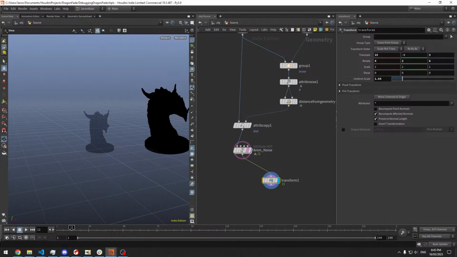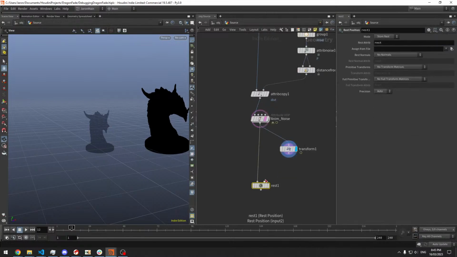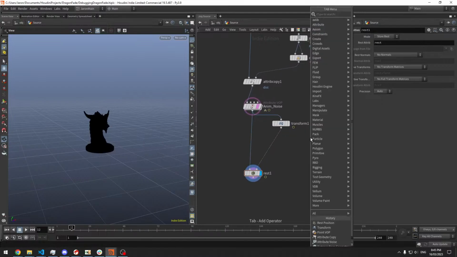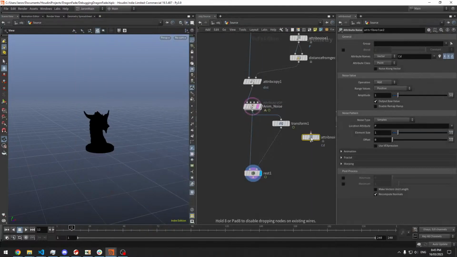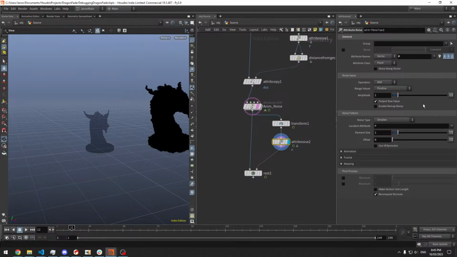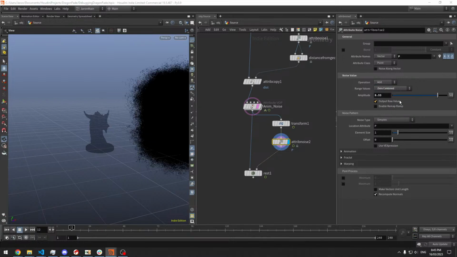Now, let me know, anybody, if this is not helpful. We're going to go rest position. All that rest. But before we do that, we're going to add some noise. Patch of noise. And you've got quite a few noises going on here. So you've got a position. Your amplitude is about 8.5. 0 centered as well. You've got this to be about 0.32. Offset